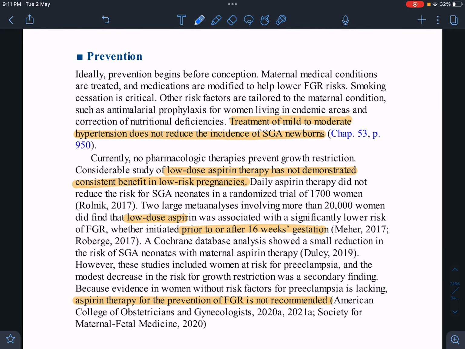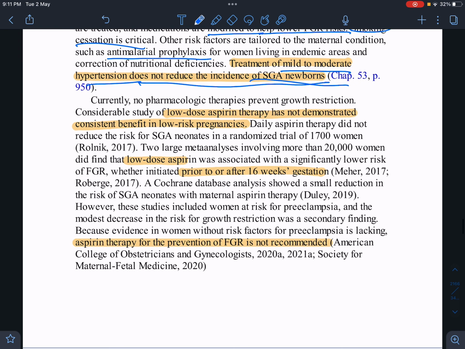Now, prevention ideally begins before conception. You have to counsel a mother who's planning to conceive and modify risk factors to help lower FGR risk. So, smoking cessation is very critical. Okay. Then anti-malarial prophylaxis is very important. Treating mild to moderate hypertension does not reduce the incidence of SGA in newborns. If you have current hypertension and you get the BP under control, it doesn't mean your baby will not be SGA; there is no such correlation. There is no pharmacological therapy. Studies of low dose aspirin therapy have not demonstrated consistent benefit in low risk pregnancy. Although aspirin is prescribed,